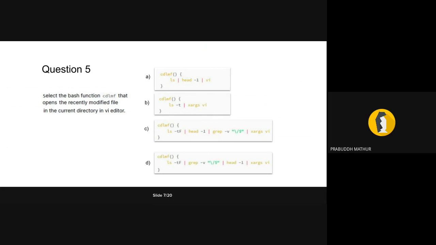Is the question clear? The question is clear, but what is the meaning of -f in ls? -t is for the timing, I suppose, to get the latest file. So it should be sorted in ascending order. No, descending order. Ascending, then the latest will be your first file. Newest to oldest.